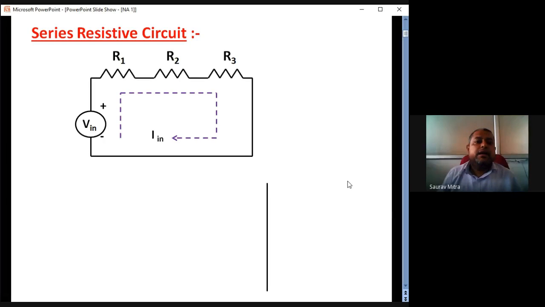I'm considering you all are there in the lab in JIT. After taking the resistors, you have to measure all the resistance values using an ohm meter. That is the very first thing. And just to check whether the resistance is functioning properly, or is okay or not, there is a test.